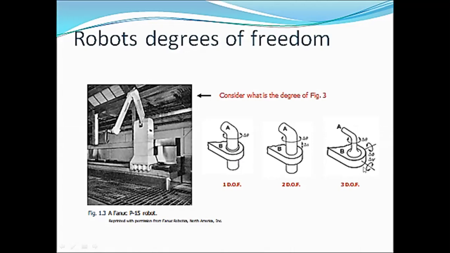Now, in this case, you will find that body B can also have a rotational movement about body E, so it can also rotate about this axis, and body A can twist about this vertical axis with respect to body B. It means there are three rotational movements of bodies A and B. So therefore, it has 3 degrees of freedom.